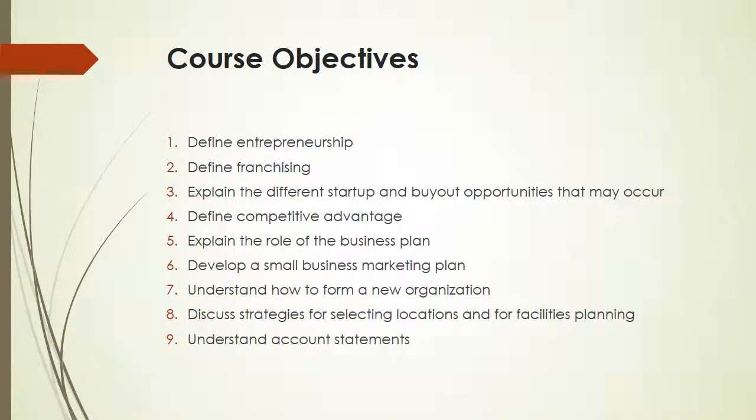Now there are 17 objectives for this course. The first one is define entrepreneurship, 2, define franchising, 3, explain the different startup and buyout opportunities that may occur, 4, define competitive advantage, 5, explain the role of the business plan, 6, develop a small business plan, 7, understand how to form a new organization, 8, discuss strategies for selecting locations and for facilities planning, 9, understand account statements,